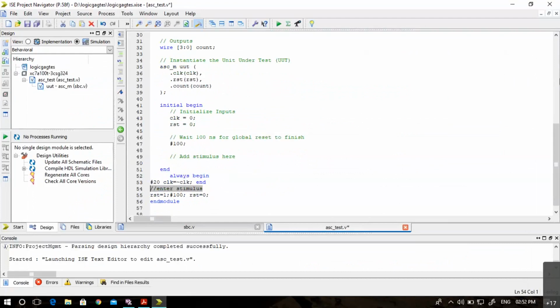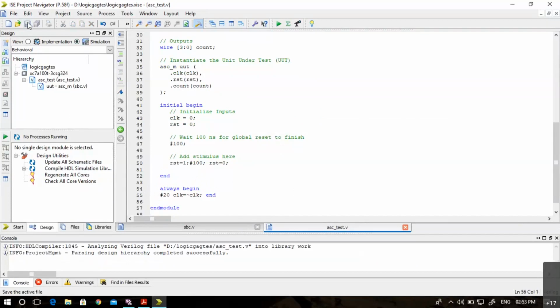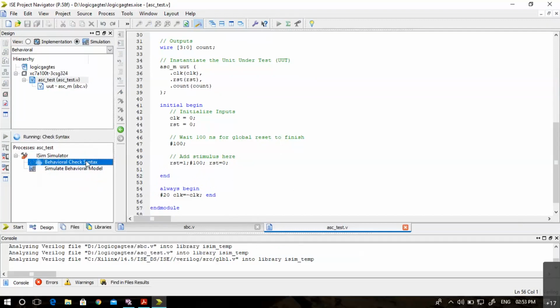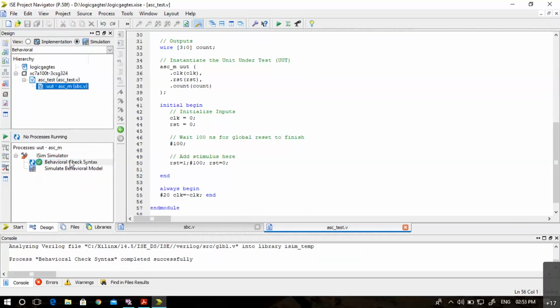So let me remove this and let me add this line inside the initial block. Let us simulate.